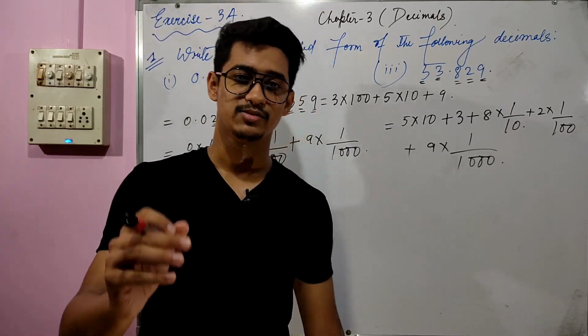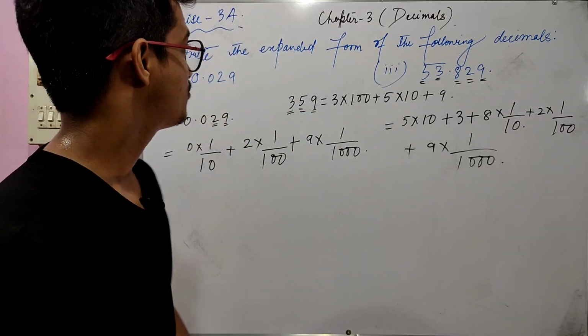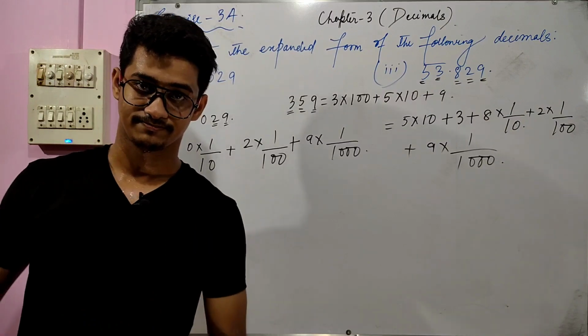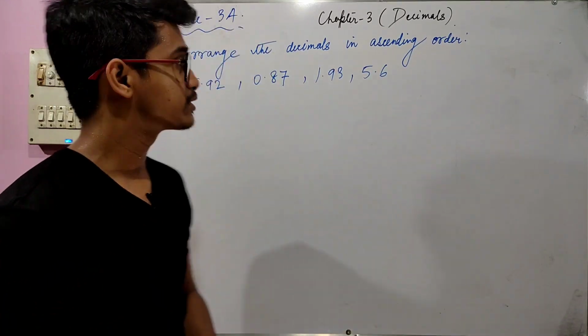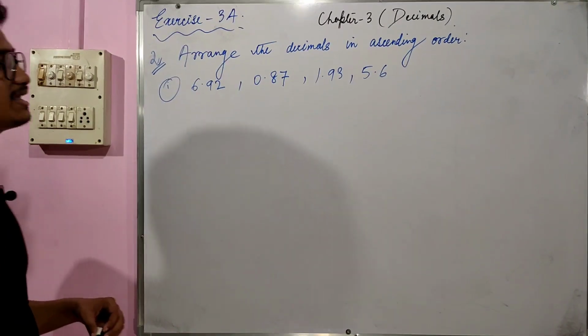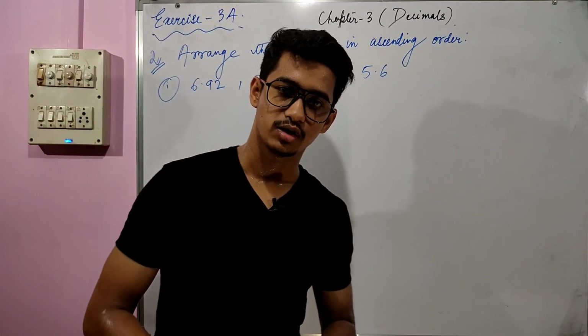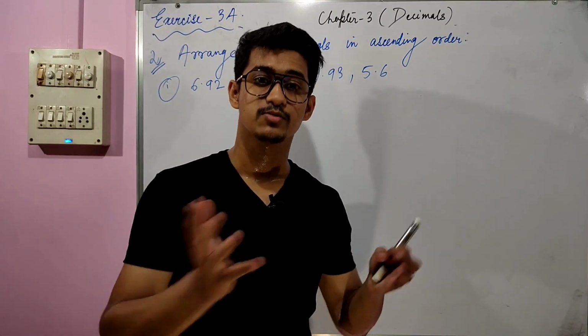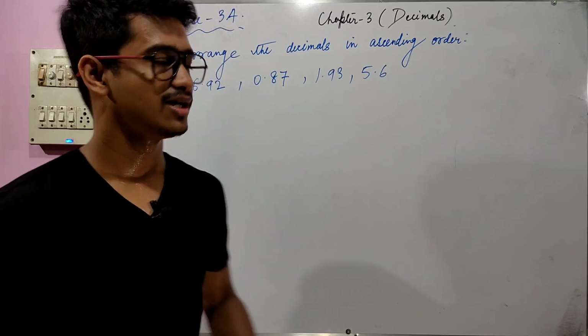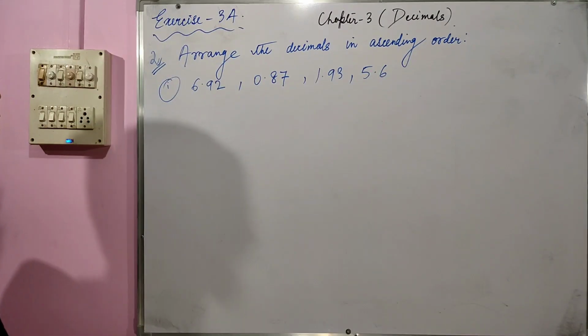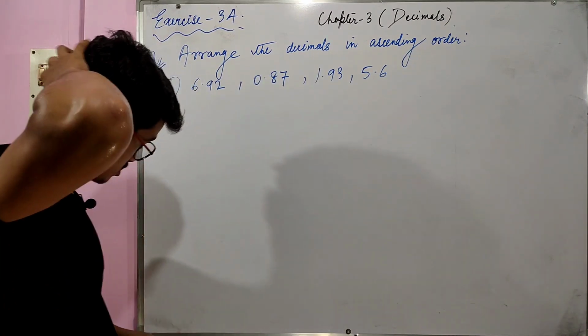I think it is much more clear to you. So let's just jump into the next question. So here is question number 2. What is question number 2? Arrange the decimals in ascending order. What do you mean by ascending order? Smallest to largest, right? So first of all, let's understand the methodology of dealing